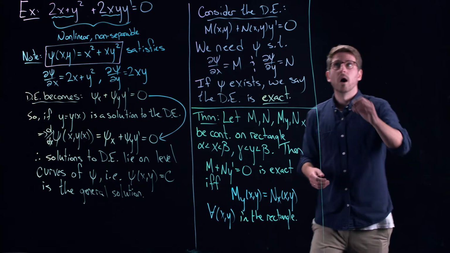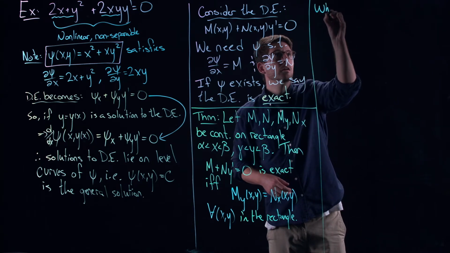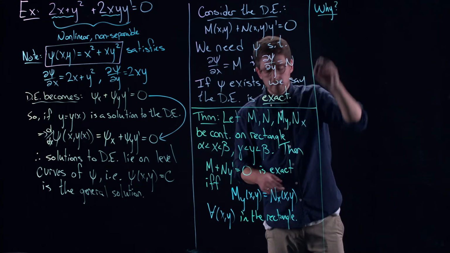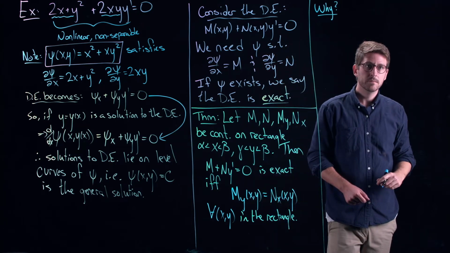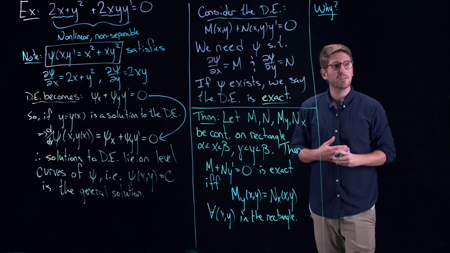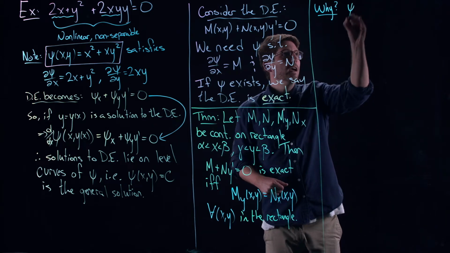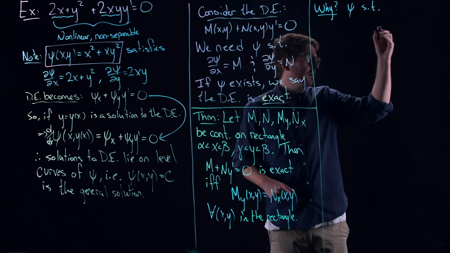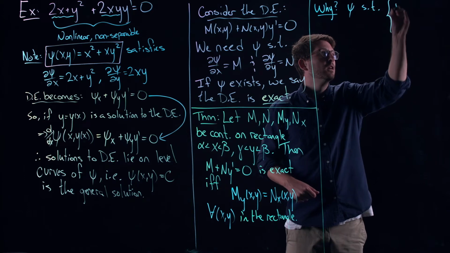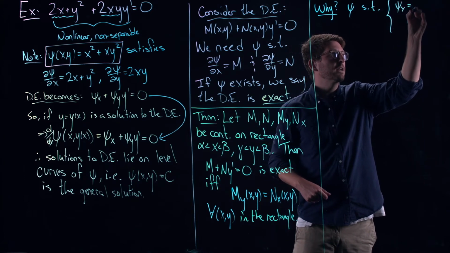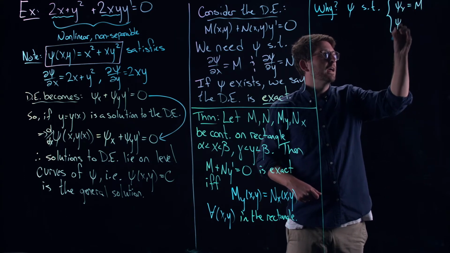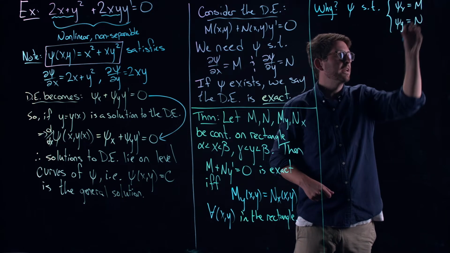Okay, so why? Why that condition in blue right here? Surprisingly, it's actually very easy to see. So first of all, psi such that, if I know psi is equal to, if I take the partial derivative with respect to x and it's equal to M, and the partial derivative with respect to y and it's equal to N,